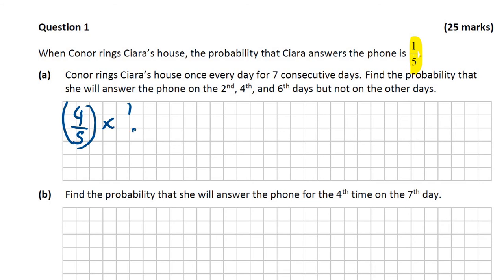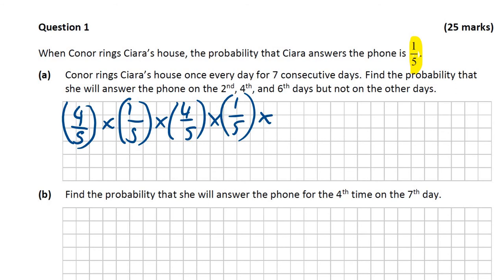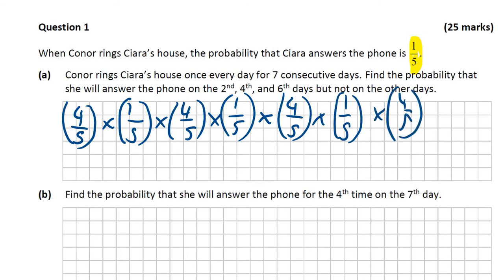So that's going to be 1 in 5. She doesn't on the third, or she does on the fourth. She doesn't on the fifth. She does answer on the 6th, but not on the 7th day. So we're looking at 4/5 to the power of 4 and 1/5 to the power of 3 multiplied by each other. So the total probability there is going to be